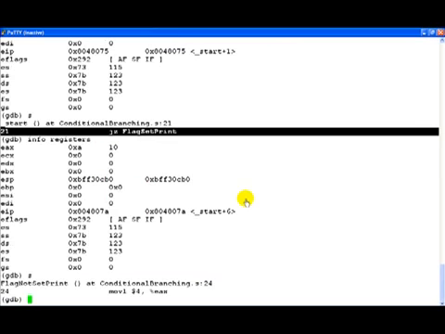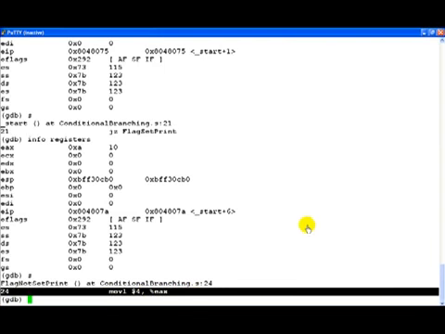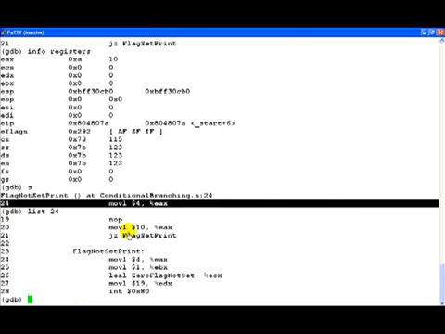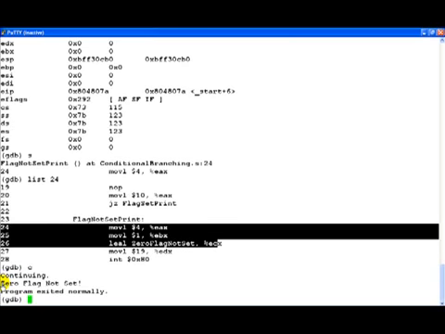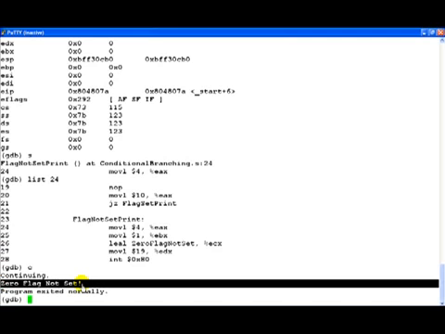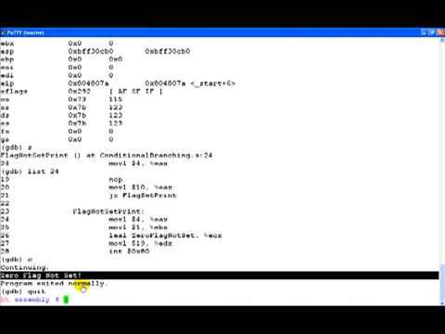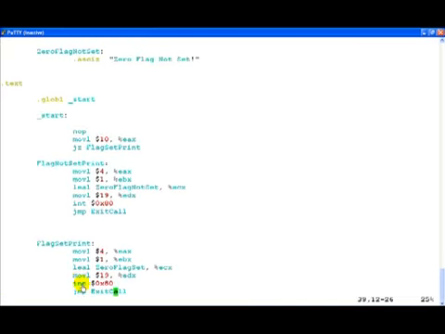So let's step, and if we notice, it's gone to the next instruction, which is at line number 24. Just basically the flag not set print, right? And let's go ahead, continue, and we'll see that the 0 flag is not set gets printed and the program exits gracefully. Now let's actually quit GDB, go back to our source code and add something which will go ahead